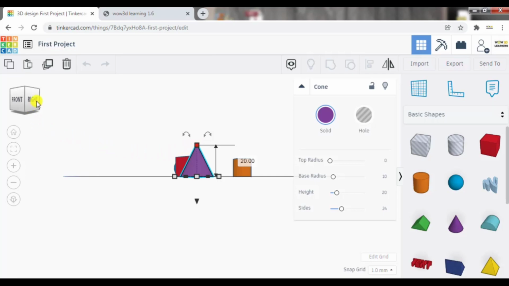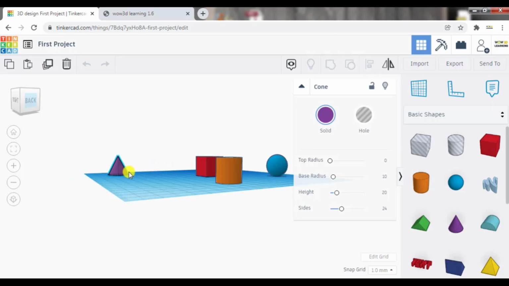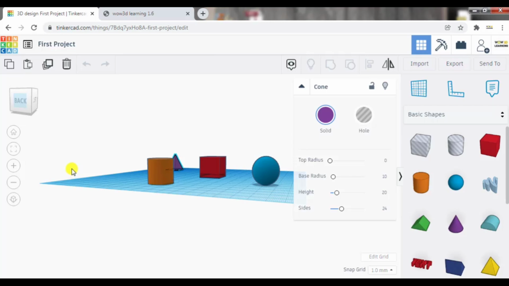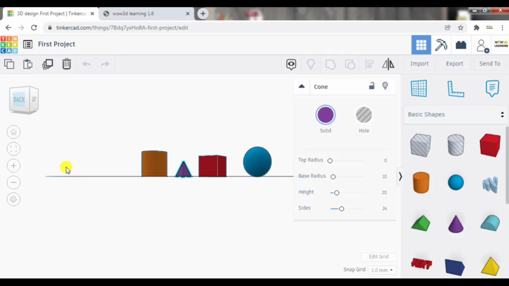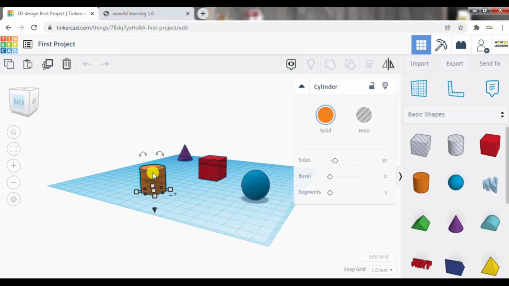Now let me change the view back to the cylinder. If I go back and use right click of my mouse to change the orientation to bring both cylinder as well as cone in my line of sight, you can see now this cylinder appears bigger than this cone, though the height of this cylinder is also 20. We have seen it. This is 20 and this cone is also of 20 height. The reason it is happening is because this is a perspective view.